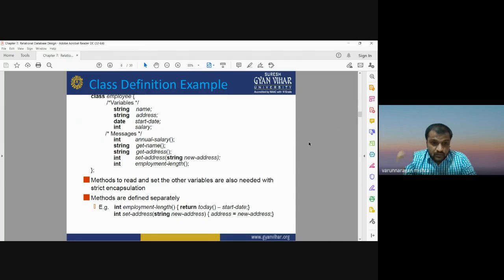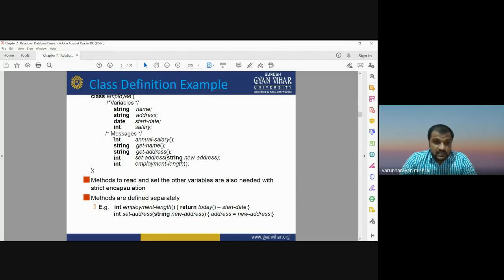The methods to read and set the variables are also needed, with strict encapsulation. Here you can see there are two kinds of methods. One method is used to read the data, and another is used to update that data. First we define the class by its variables, and what type each variable is, such as string, date or integer.